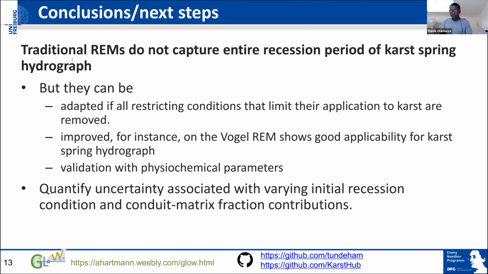And one important thing would be to quantify the uncertainty associated with varying initial conditions and conduit-matrix flow contributions, which we see is the major thing, because at times with normal optimization, we have problems with equifinality, whereby different parameter combinations result in similar results. So we have to quantify this uncertainty, especially how much contribution we have from the matrix at the beginning and so on. So this is what we are doing, and I hope that in subsequent months we will